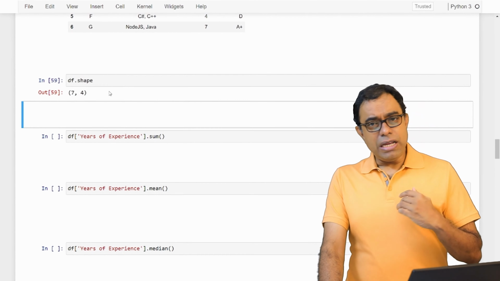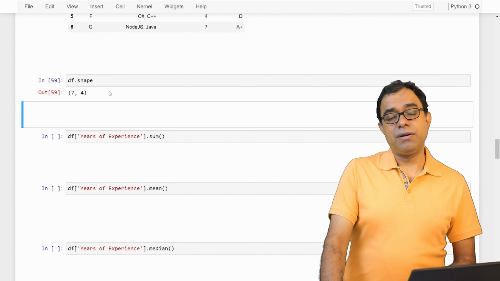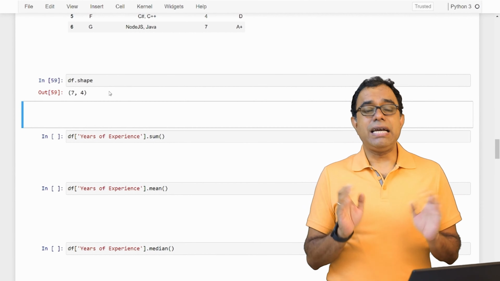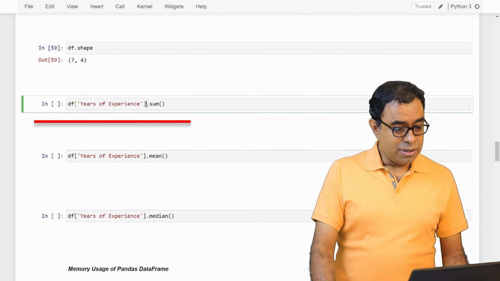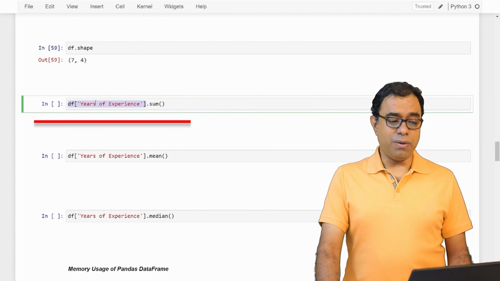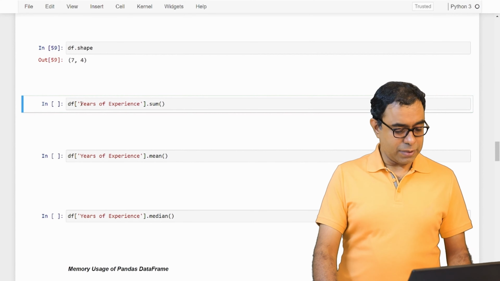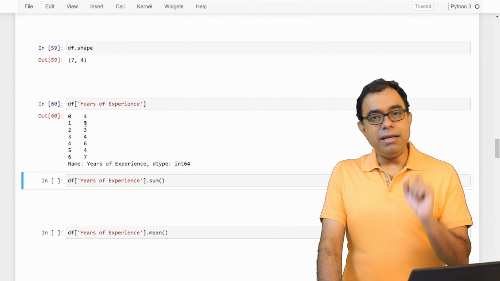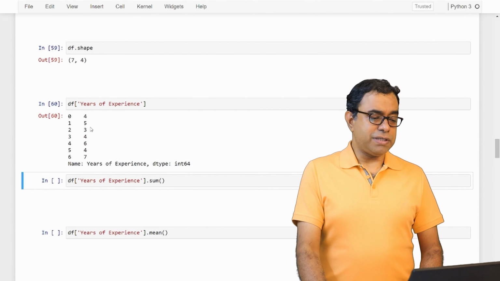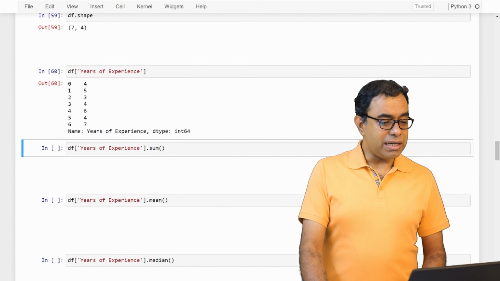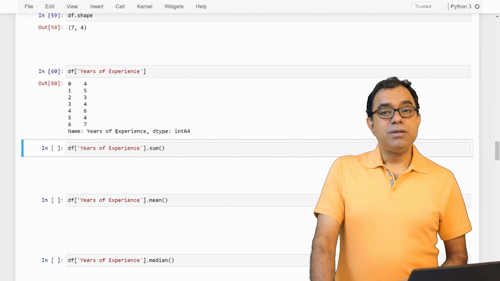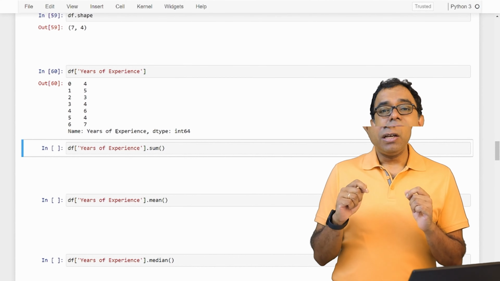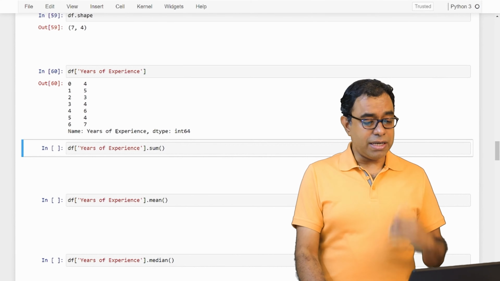Okay, now let's talk about some interesting aspects. Each column of a data frame, we can refer to as an array index, like this, data frame years of experience. Let me just depict this. You will get all records of years of experience, and also here the row index number is automatically generated. Okay, so you can access a particular column as an array element, right? You just give that particular column, you will get the column.